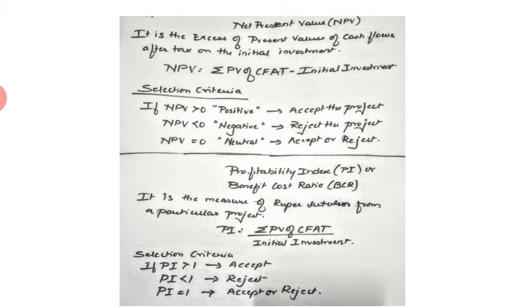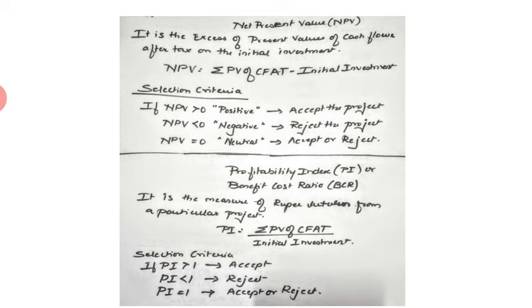In discounted methods, I have already discussed in the previous videos that discounted methods use the present value or the time value of money. They use the present value factors. In the previous video, we also studied how to use the present value factors. So today we're going to start with the discounted methods of evaluating investment decisions.